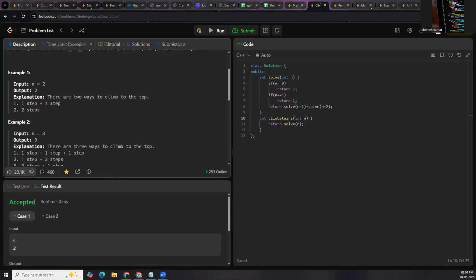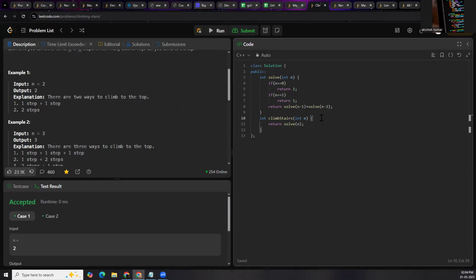So let's memoize this code. I will need to take a vector dp of size n, and I will initialize it with -1, and I will pass it and also declare it here. Vector n dp, and